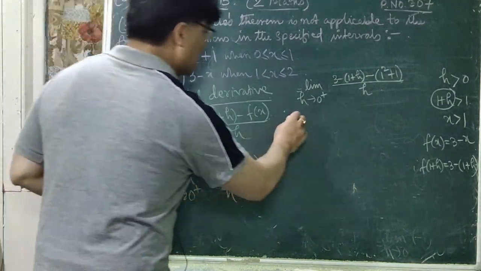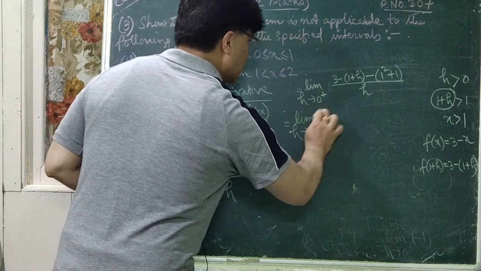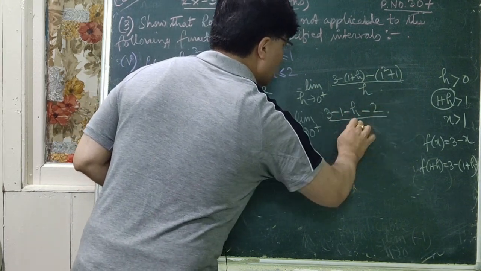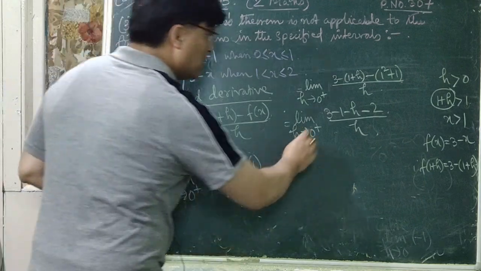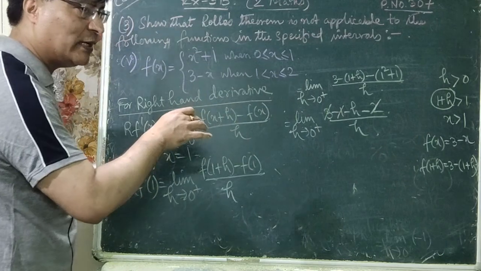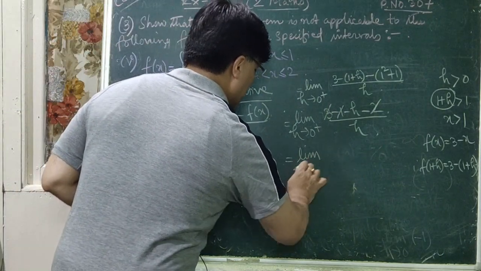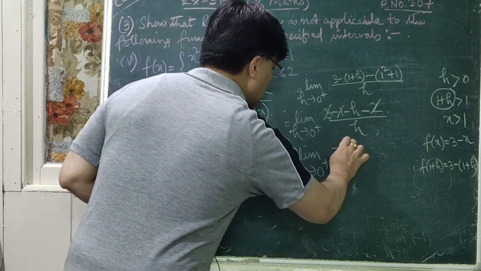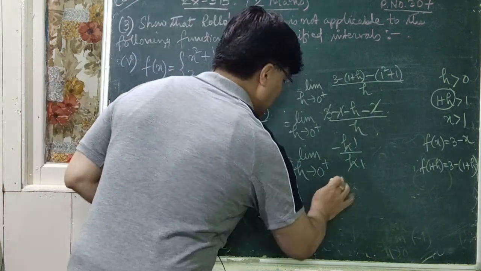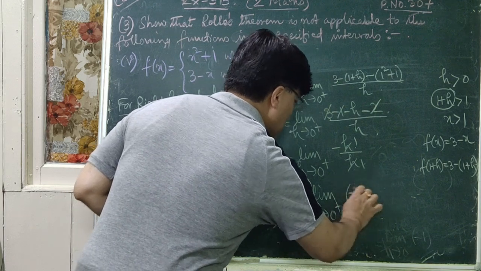Now let us simplify it further. Limit h tends to 0 plus, this is 3 minus 1 minus h, and this is minus 2 whole divided by h, right? So here you can cancel these 3. Minus 1 minus 2 means minus 3. 3 minus 3 is 0, so it is minus h. So which is equal to limit h tends to 0 plus, this is minus h divided by h. h's are h, h's are h, which is equal to limit h tends to 0 plus, so this will be